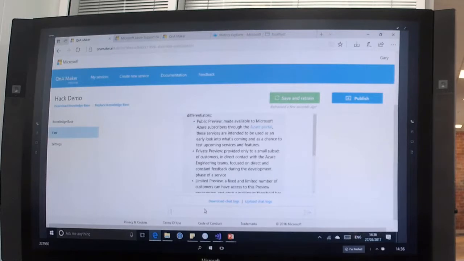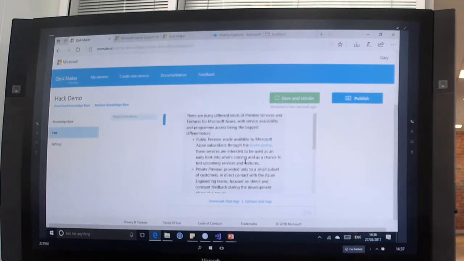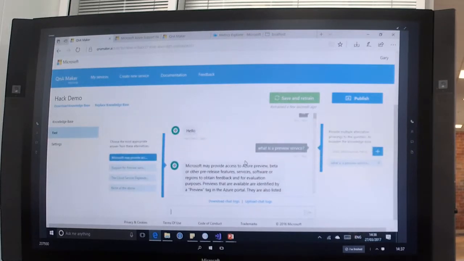It's then going to go away and try to find me the most appropriate answer within the knowledge base. So in this instance, as it happens, it's picked out the right one for me. But I could also say, well, actually, no, this particular question should be responded to using a different answer. Or you might have some telemetry from a call center, for example, where you're seeing the sorts of questions